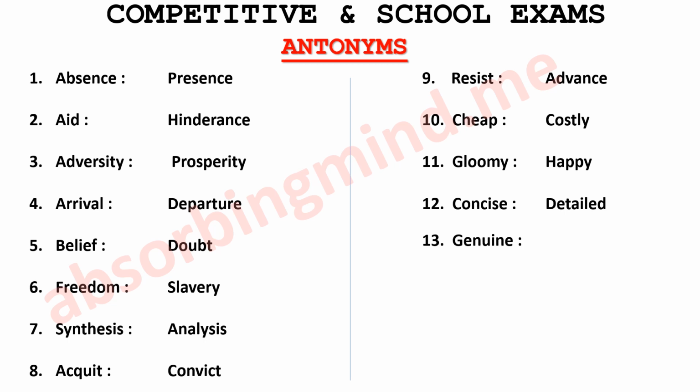The next is genuine, which means truly what something is said to be. That is, it is authentic. Its antonym is spurious, which means false. The next on the list is public, which means ordinary people or the community, and all people have access. It's a public thing. Like YouTube is a public platform. Its antonym is private. That is, it is not accessible to all, that belonging to one particular person.